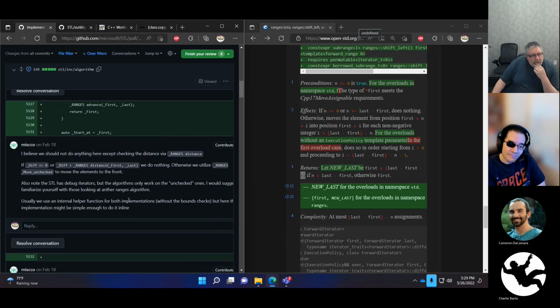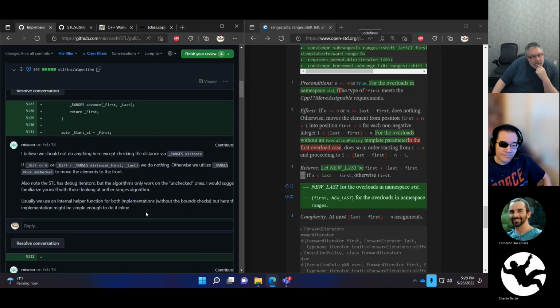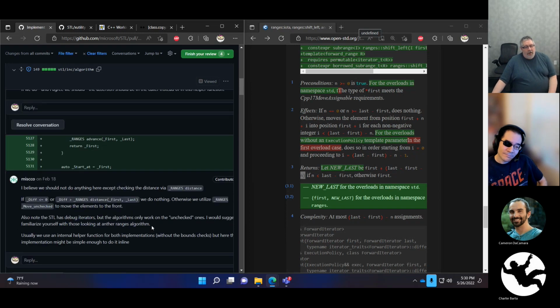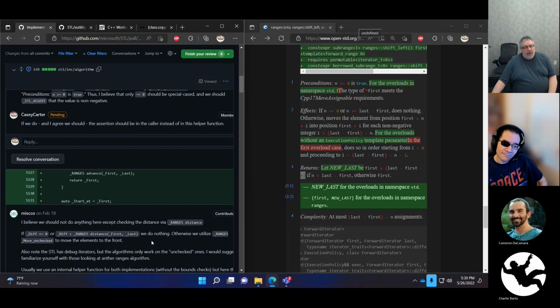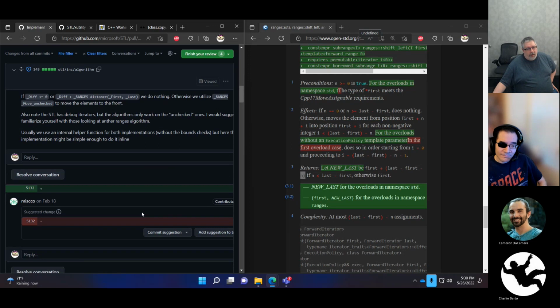Suggestion for familiarizing yourself with debugger errors. Usually we use an internal helper function for both implementations without the balance checks. But here the implementation might be simple enough to do it inline. All right, I'm not sure entirely what he's talking about. I do see